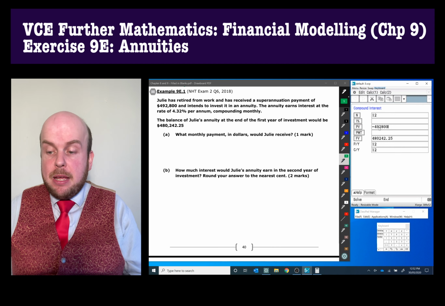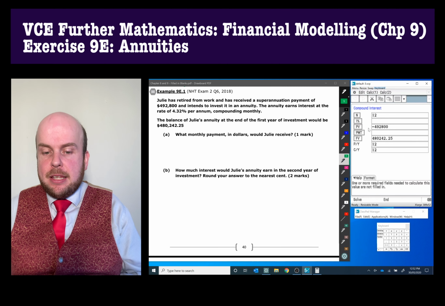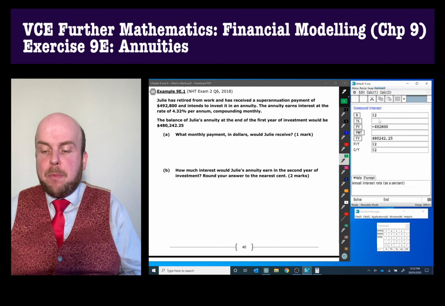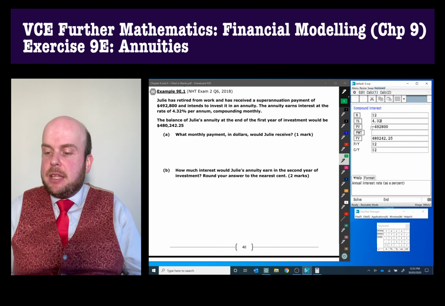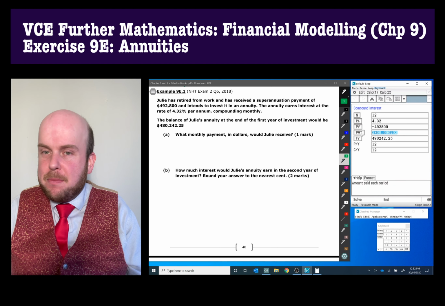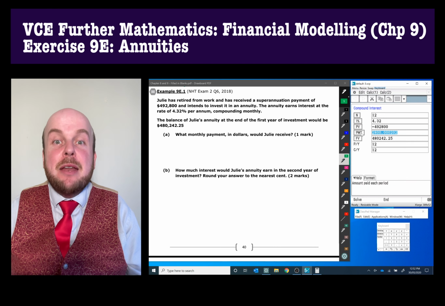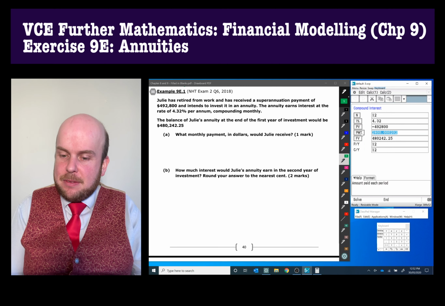So now to work out the payment, we need an interest rate. And the interest rate is 432%. Wouldn't that be great? 4.32%. So there we go. And you can tell it's a VCAA question because they've tried to make it as unambiguous as possible with their amounts. There we go. So she has made a payment in dollars,